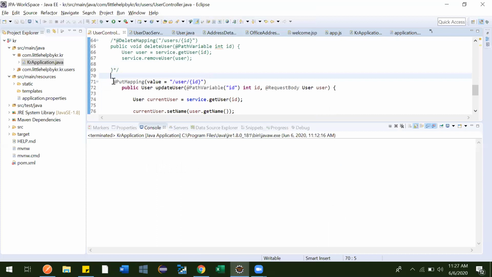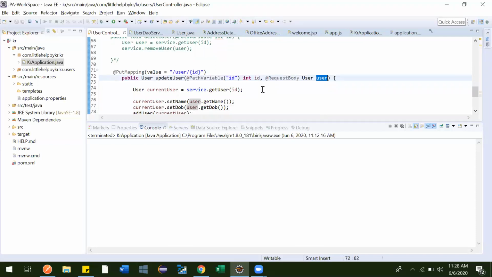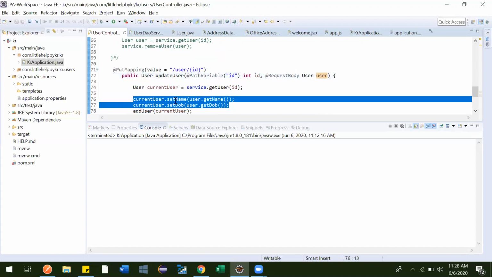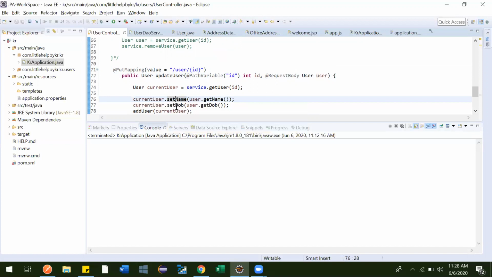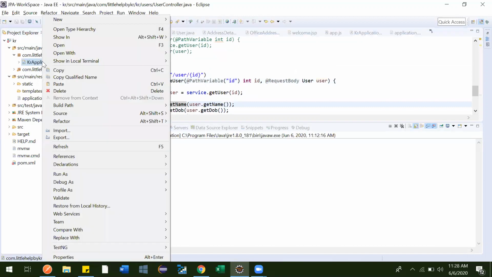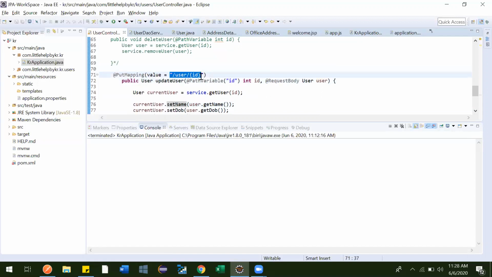The PUT request has a path variable id, and you need to pass the id for which you want to update the details. In the body, you provide the details of the user, just the required information you want to update. Developers have given two parameters, name and date of birth, that you can easily update. We should not be bothered about this; our job is to use whatever API the developers provide and update the information based on the requirement.